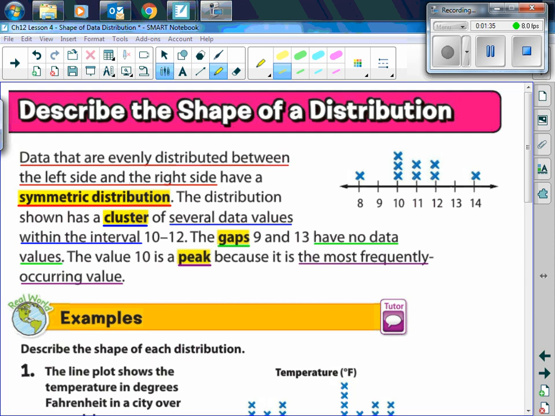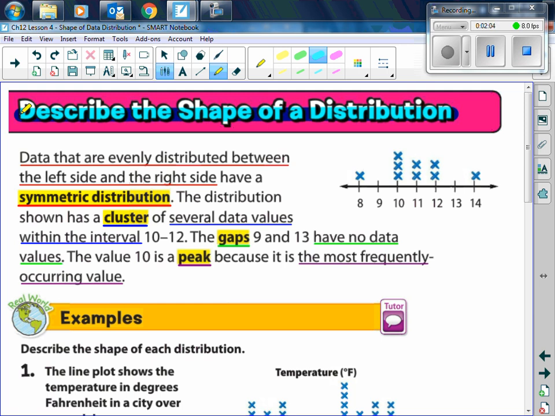So next we want to describe the shape of a distribution. Please make sure you write down your heading. And write down your highlighted definitions. So, symmetric distribution is data that are evenly, actually, you've already written these down, right? In your warm-up, okay? So symmetric distribution is data that are evenly distributed between the left side and the right